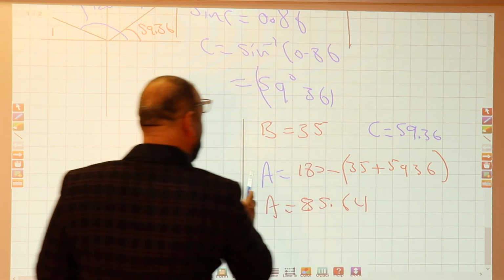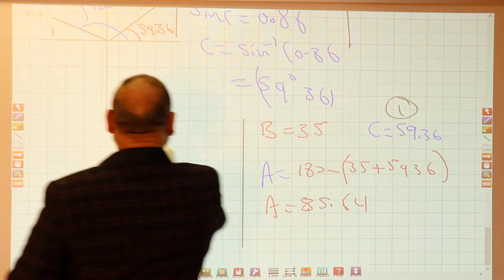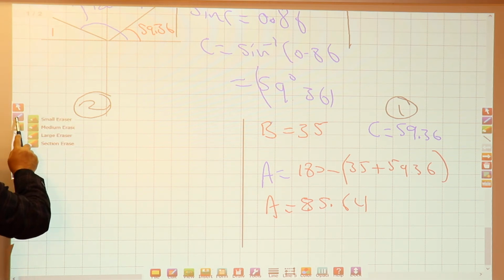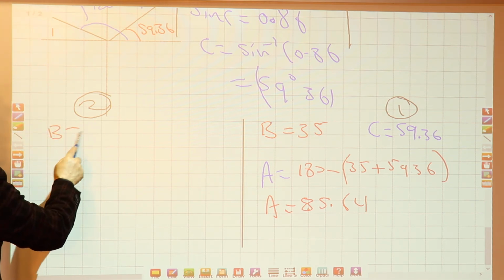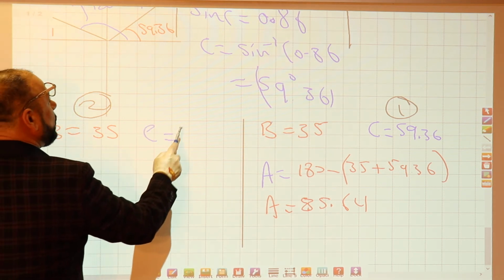A equals 85.64. The second case, this is the first one. We have the same B, which is 35. But see now the other choice, which is